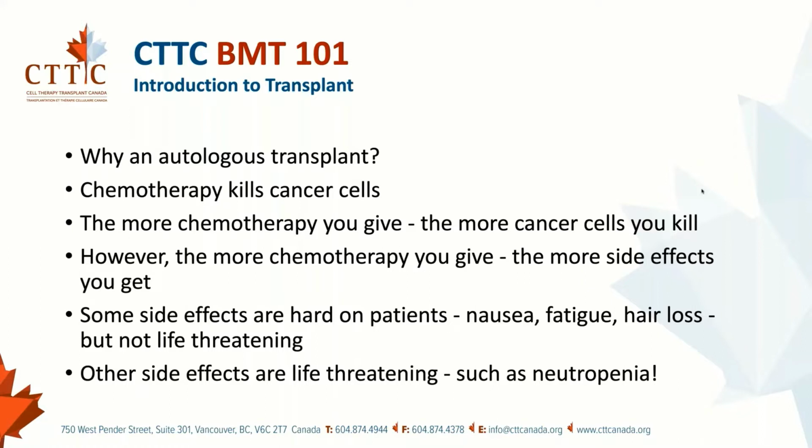This is how I usually explain it to patients when I see them in clinic. We know that chemotherapy kills cancer cells. We know that the bigger doses of chemotherapy we use, the more cancer cells we can kill. So therefore, at least in that one important way, the bigger the dose, the better. However, with bigger doses of chemotherapy, you get more side effects. Some side effects of chemotherapy are hard on patients, things like nausea, tiredness, or hair loss, but are not life-threatening. Other side effects of cancer treatment, though, are life-threatening, and the most important life-threatening side effect of chemotherapy is